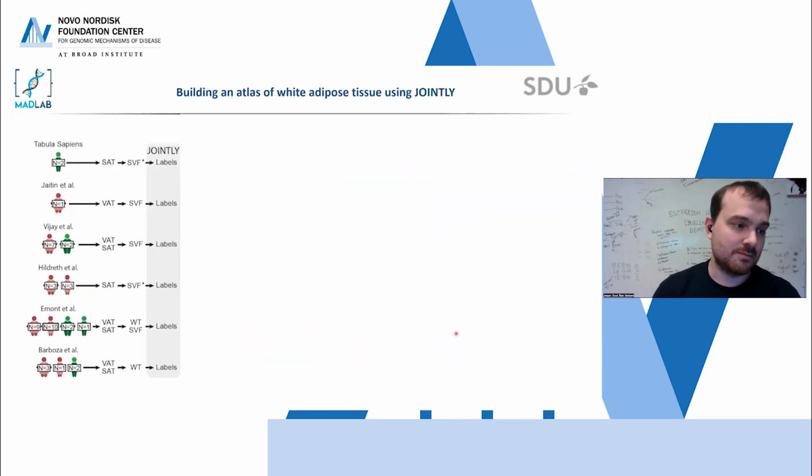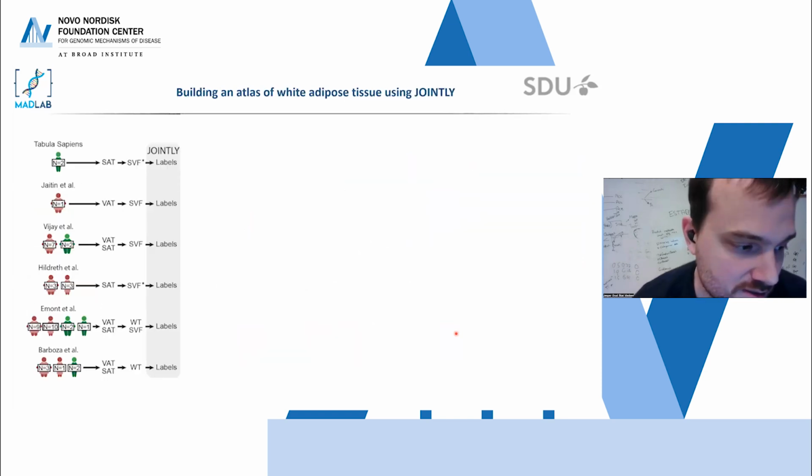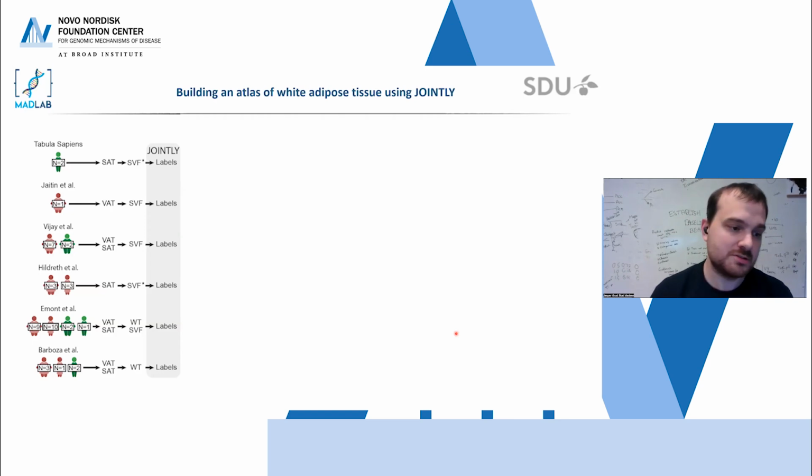So what we did is that we took 6 different studies that had performed some type of single cell RNA sequencing in a fat tissue. So that could be a subcutaneous or a visceral adipose tissue, either analyzing the whole tissue or only the stromovascular fraction, which is the part of the tissue that is not adipocytes. Then for each of these studies, we used jointly to batch integrate and cluster, and then we labeled the data